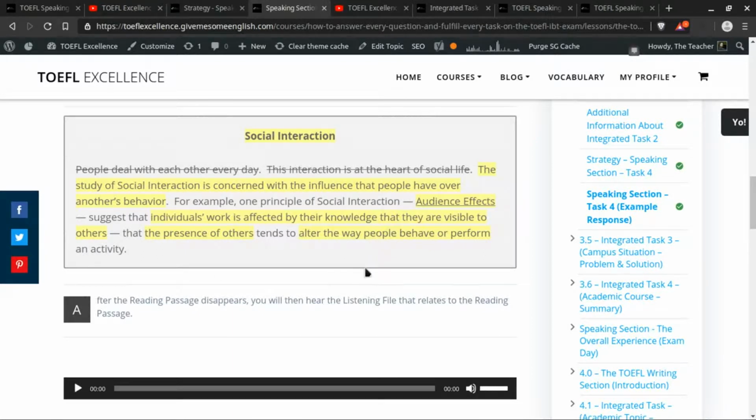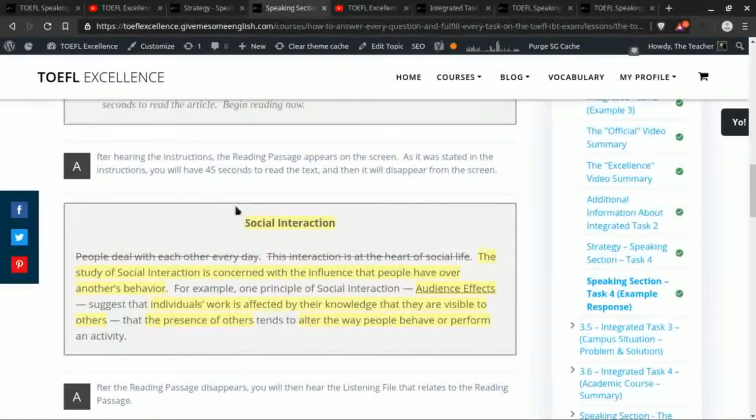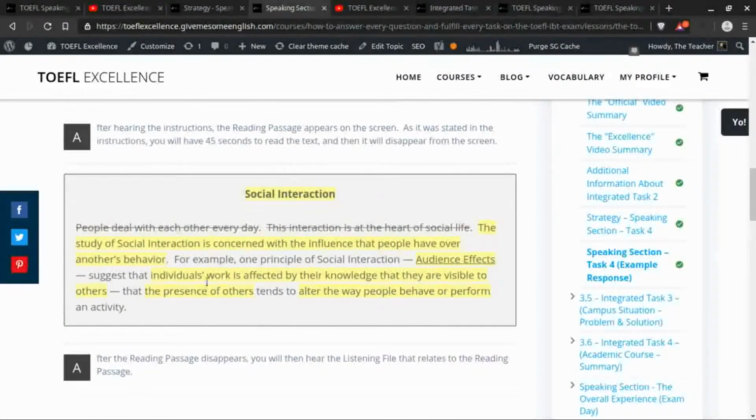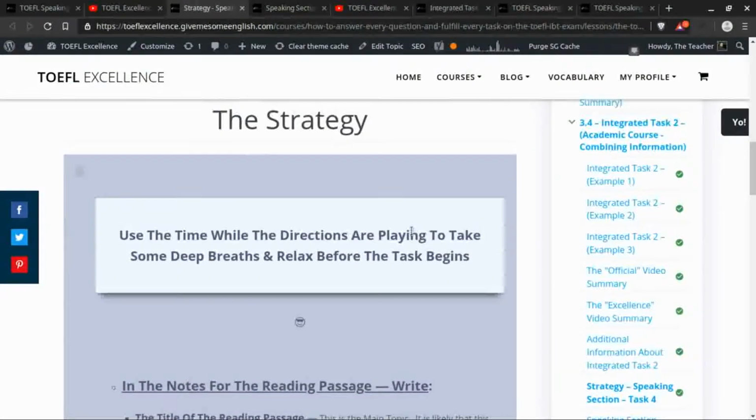But if it's an opinion or a theory, something like that, then it's possible that the person could contradict what is saying here. The most common situation is that they will be giving an example which further illustrates what the topic actually is. Okay, so as far as the strategy, first of all, since you will already know the directions